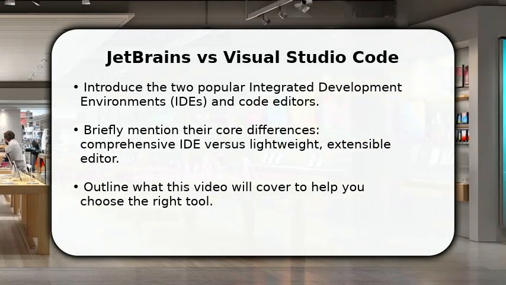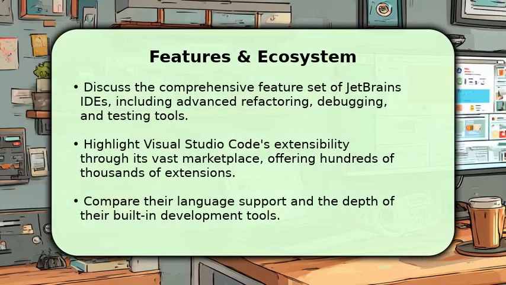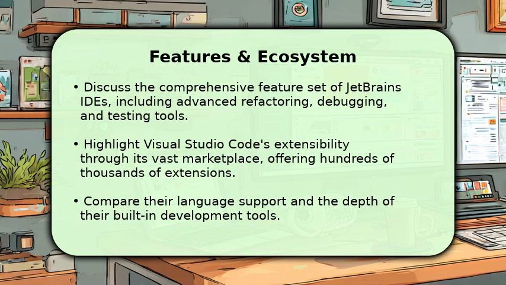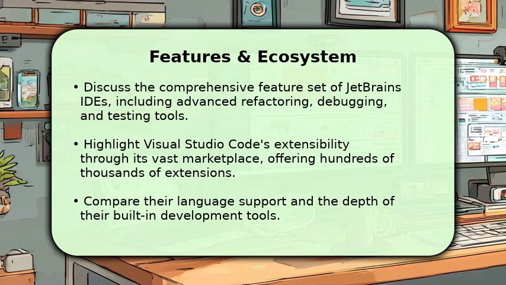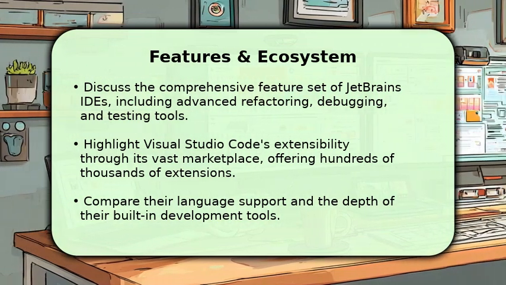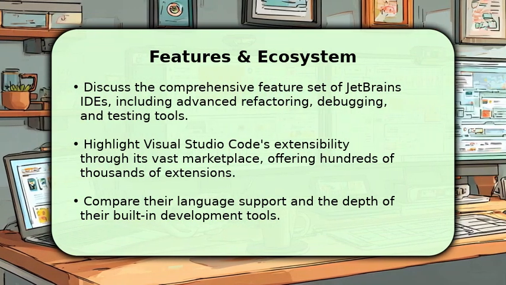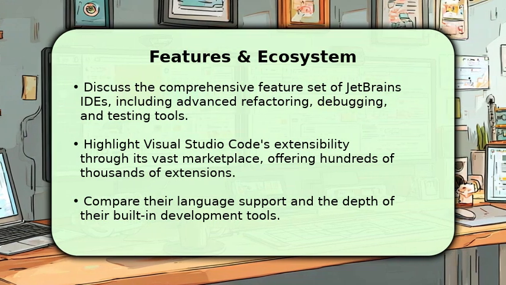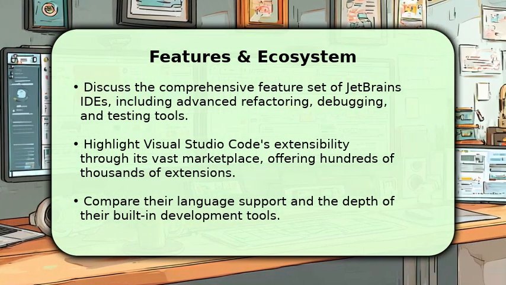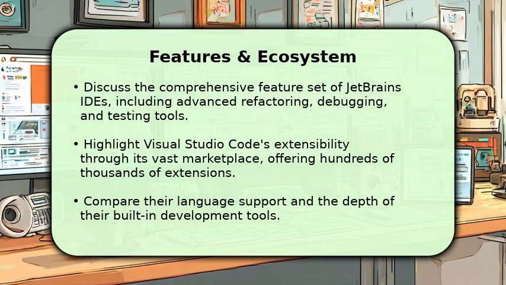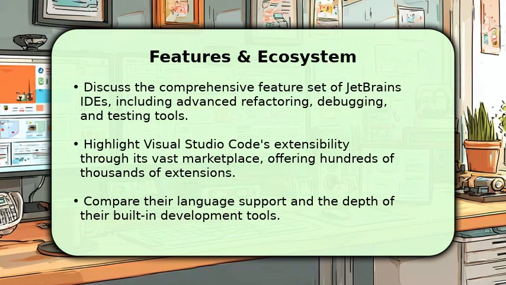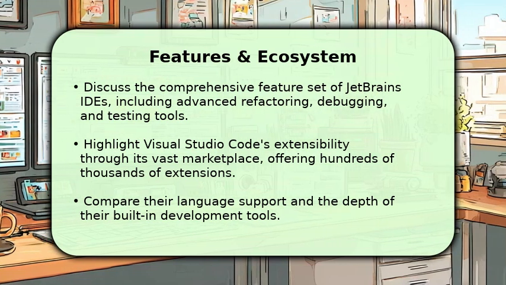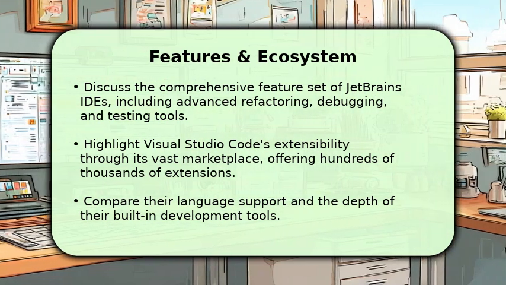and ideal use cases. JetBrains offers a deeply integrated experience with powerful refactoring, debugging, and testing tools built right in, often tailored for specific languages like Java or Python. Visual Studio Code, on the other hand, thrives on its vast marketplace, boasting hundreds of thousands of extensions. This allows for incredible customization and support for virtually any language or framework, making it highly adaptable to diverse projects